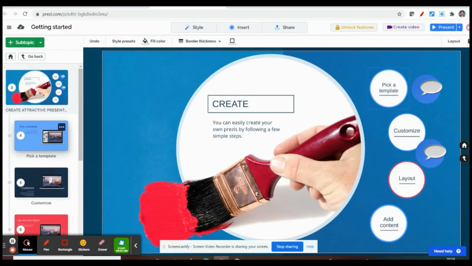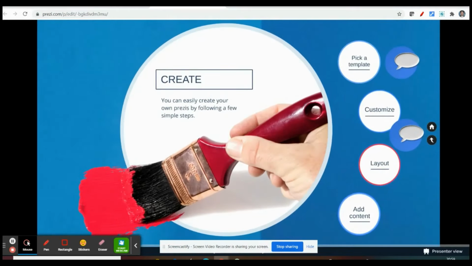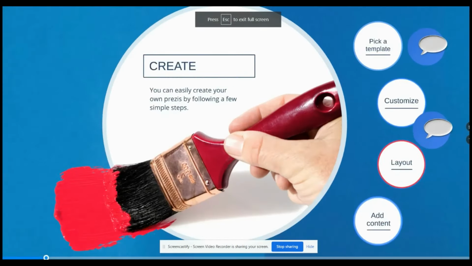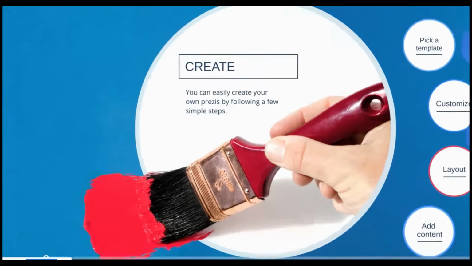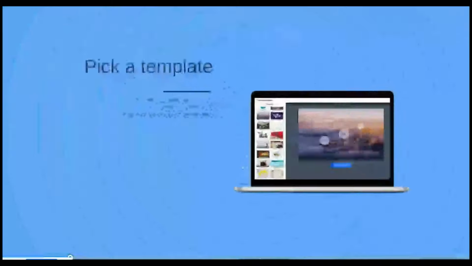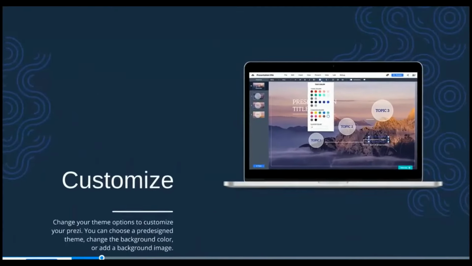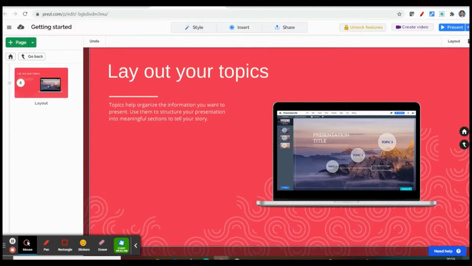After that you have to go to present mode. On the right side you can find the present option. When you present in online mode, you can present by clicking presentation. You get a page like this, and you can click presenter view. Now you can move to the next one. For example, this is the first slide, this is the second, this is the third, this is the fourth. Like that you can go on viewing.